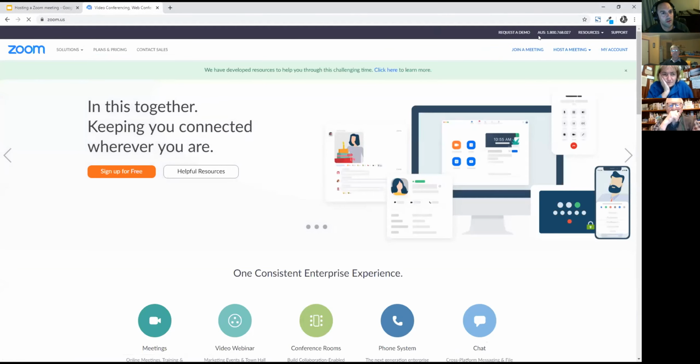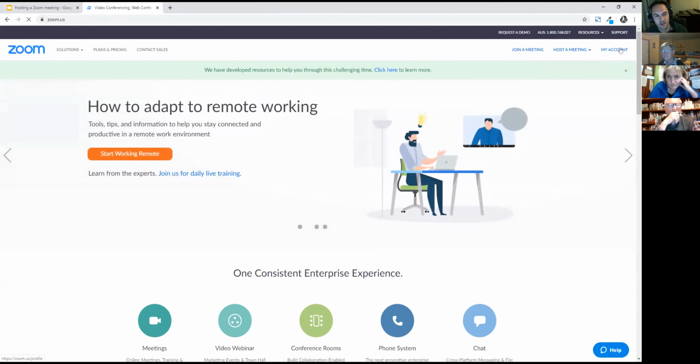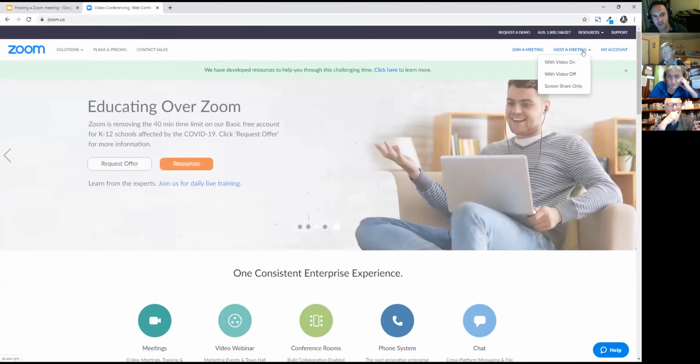Zoom.us is where you go, and if you're not logged in, you'll have a login button or a join button or something like that. I've logged in, so I can see my account. I've also got host a meeting and join a meeting. As I said, host a meeting is just for an immediate meeting.